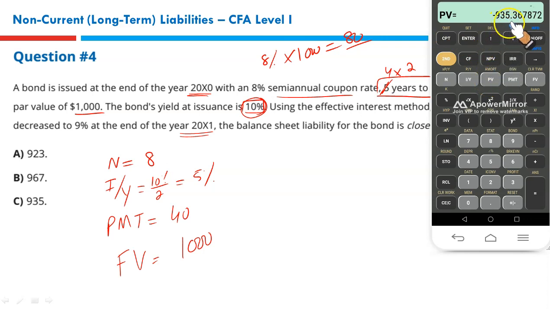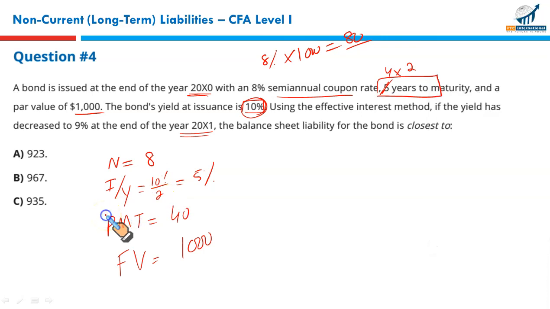It's negative 935.36. This is the present value of the bond, or the value you will show on your balance sheet, right? So remember, when your payment is positive, your future value is positive, your present value will be negative. When you use negative with PMT, you use negative with future value, your present value will be positive. So remember, if it's plus plus, you will get a negative here, and if you write negative here, because it's an outflow, PMT, and negative 1,000, so you will get a positive. Either you use plus plus, you get a negative, or you use negative for both, and then you get a positive present value. So the result is C, and C it should be.